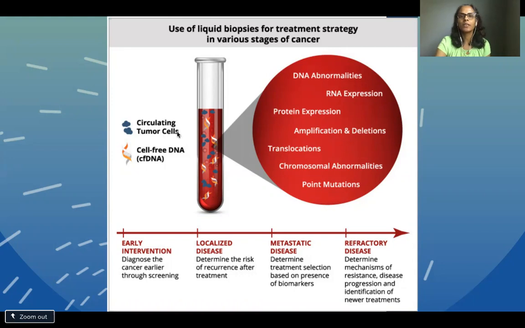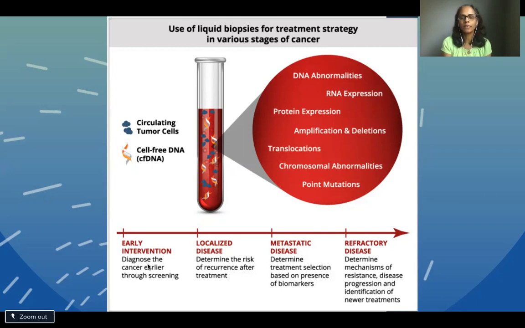So using that, you can look at DNA abnormalities, amplifications and deletions, translocations, chromosomal abnormalities, and point mutations. And circulating tumor DNA can be used for early intervention. So there are some trials going on to find out if you can look at circulating tumor DNA levels to detect the presence of a tumor,